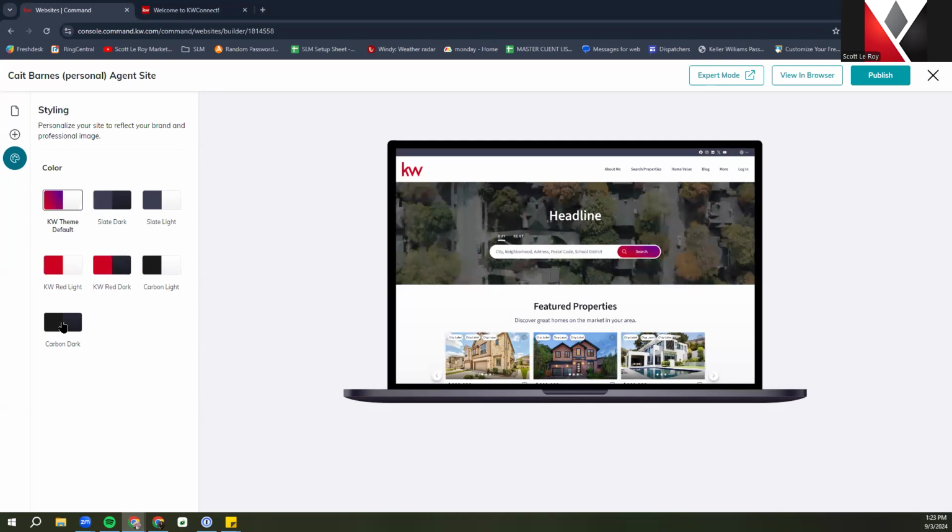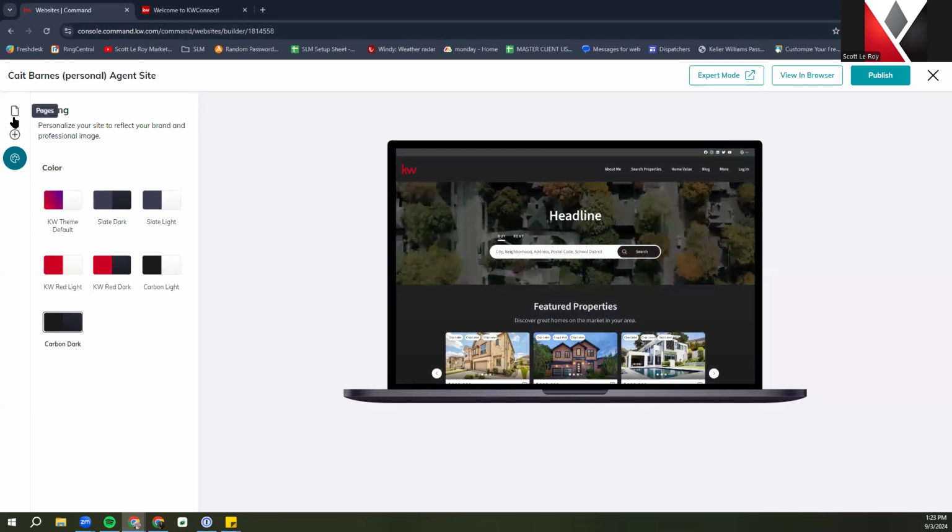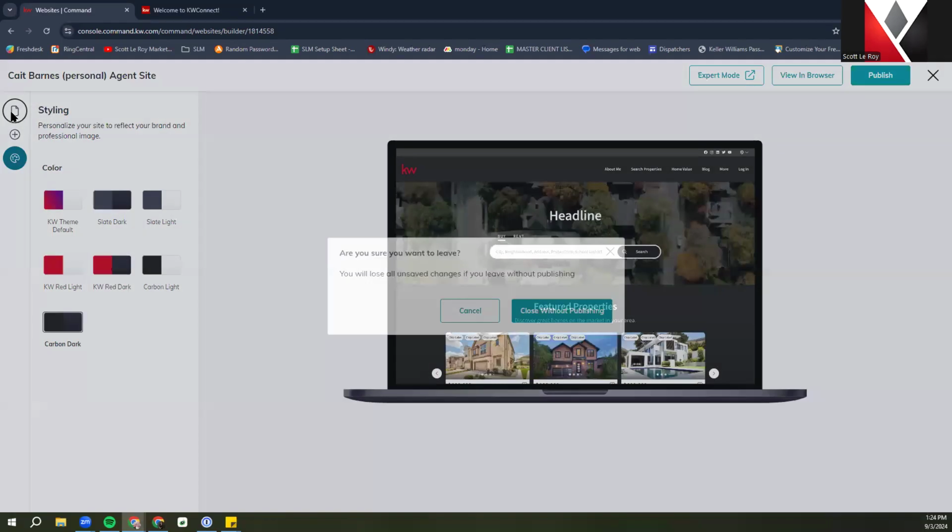So whatever works best for you, whatever you prefer. If you do make any edits at this point, make sure you go ahead and click publish when you're done if you want to save it. And then back on the pages,